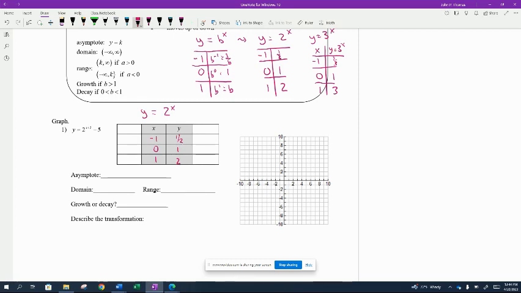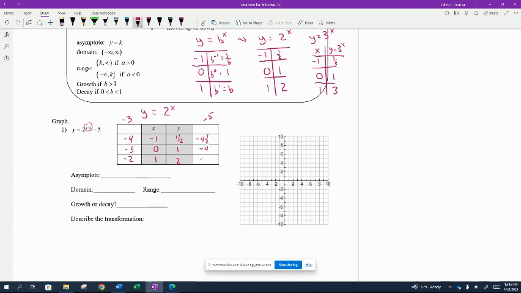All right, so now we go into our transformation. So we ask ourselves, what happens to the x values? So that's driven by everything up here in the exponent. All right, so this is a shift left 3. So we're going to subtract 3 from each of those values. So -1 goes to -4, 0 goes to -3, and 1 goes to -2. All right, if I go to the y values, we're dropping everything by 5, so I'm subtracting 5 from each of those. So I'm at -4.5,